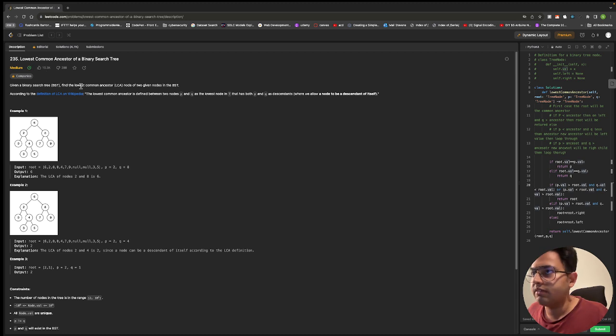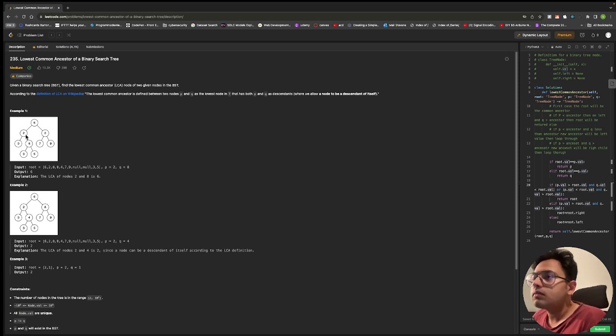So there's a BST given, a binary search tree. Find the lowest common ancestor node of two given nodes in the BST. And the definition of an LCA, lowest common ancestor, is given here. The LCA is defined between two nodes P and Q as the lowest node in T that has both P and Q as descendants, where we allow a node to be a descendant of itself. That means this can be a descendant of itself. Okay,